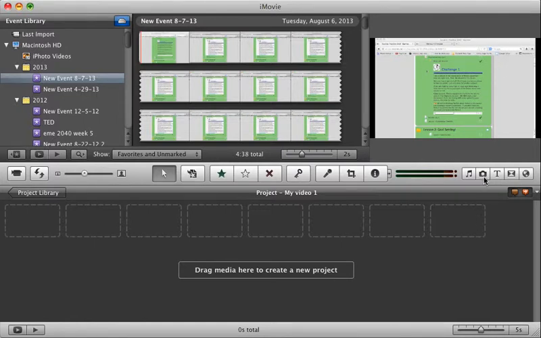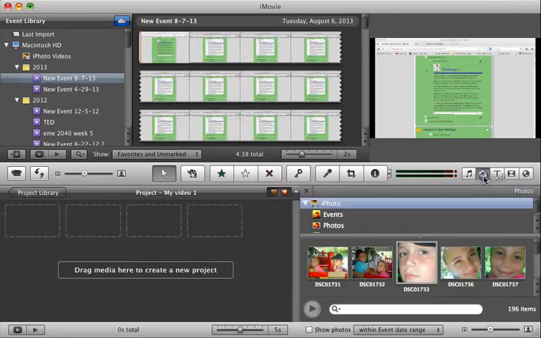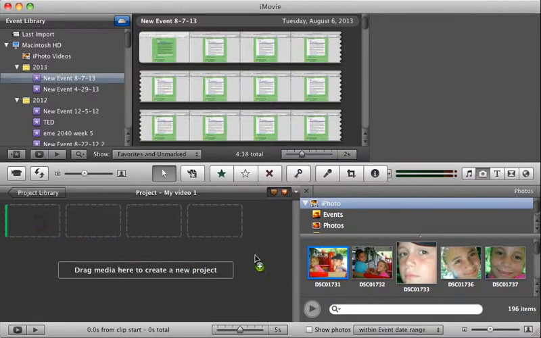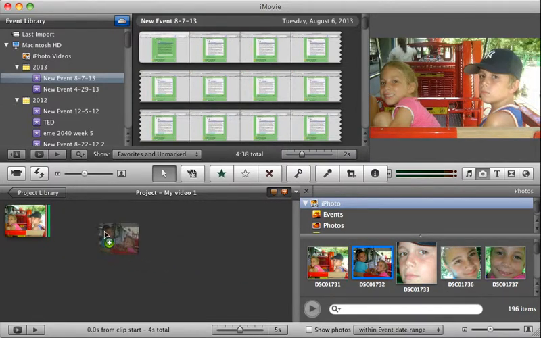You'll see the camera icon on the right hand side of your screen. Click the camera, and these are all your images that are on your computer. You can also drag and drop your images directly from your desktop to your project. So I'm just going to take a couple images, drag them over,